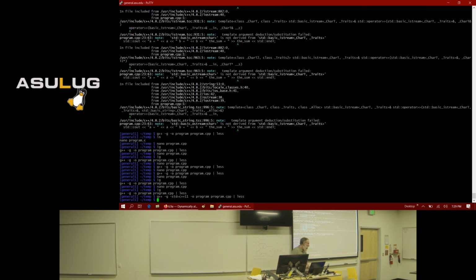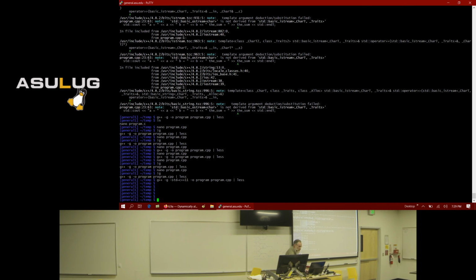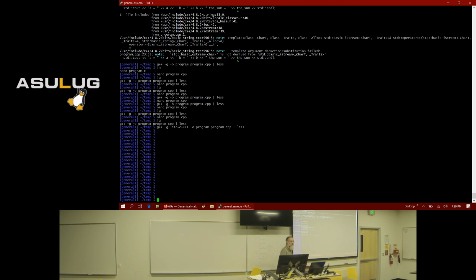Yeah, that works. So now, because that code won't work using version 98, I've told it to use version 11. And in version 11, what I'm trying to do is legal, but it wasn't legal in version 98. So your instructor is most likely just teaching you C++ 98 because that's pretty much what we do in 100.